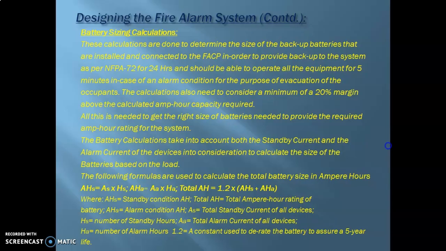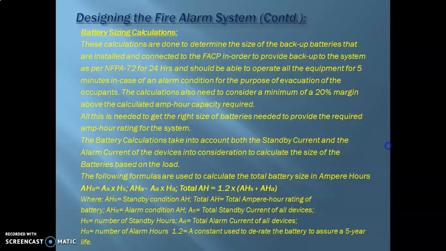So anyway, moving forward, the formulas that are used to calculate the total battery size in ampere hours are as follows. That is, AHS is equal to AS into HS, and AHA is equal to AA into HA, and total AH or ampere hour rating is equal to 1.2, that is the derating factor, into AHS plus AHA.